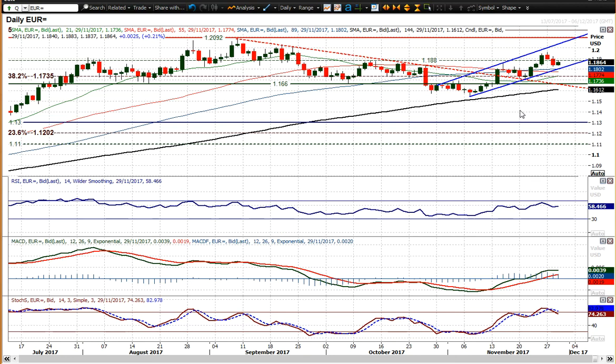Now, tax reform being voted through would be a positive for the dollar, conceivably, and that would be the one main caveat to this chart. But certainly the reaction of the euro dollar today would suggest that perhaps the market is still fairly reticent about tax reform. That is the one main variable, I think, on this chart at the moment,